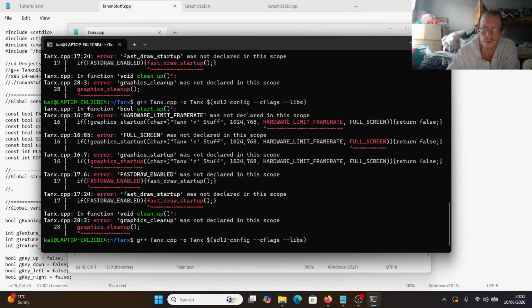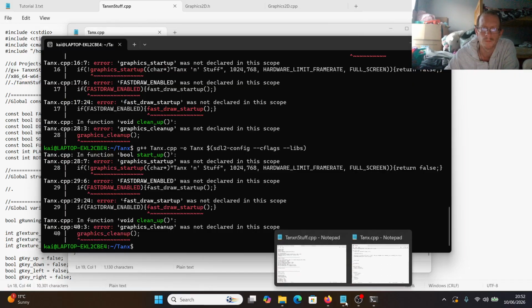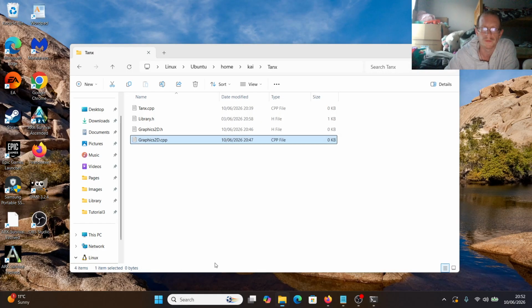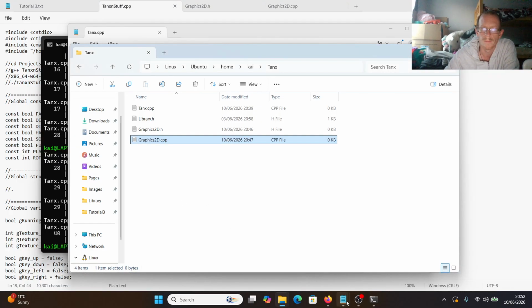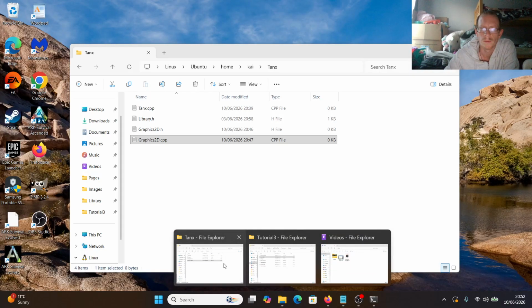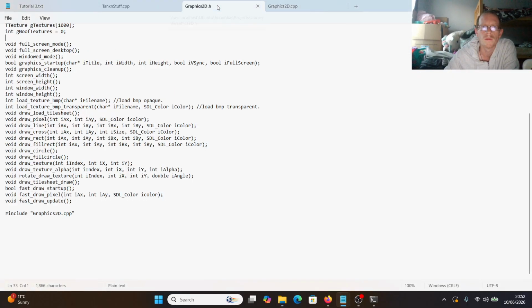Right, try to compile again. It doesn't work because it hasn't got graphics startup. Right, so I'll go to graphics. I will actually need these routines because startup and cleanup need window mode, full mode, and the other mode. So I'll copy these across